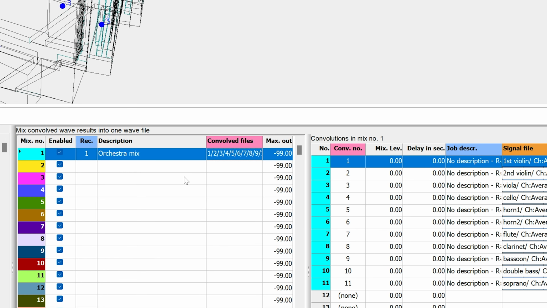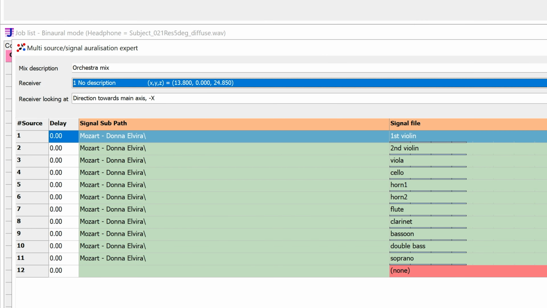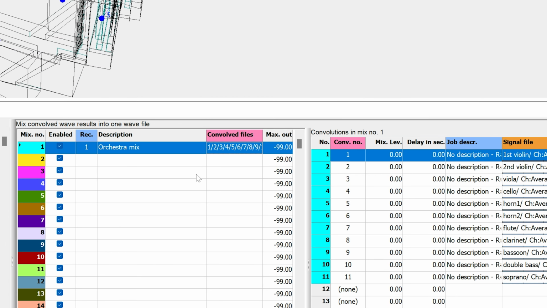Alternatively, you can also edit a mix by double-clicking on it. Just like with individual convolutions, you can duplicate a mix with the Ctrl-C and Ctrl-V shortcuts.